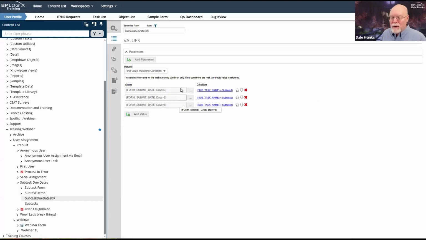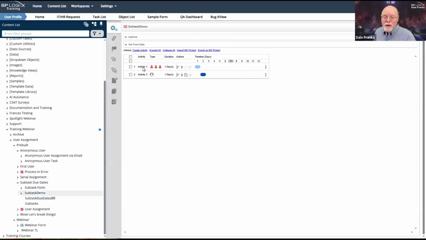So different due dates. My first due date just takes whatever date the form was submitted and adds 3 days to it. That becomes my due date for subtask 1. Subtask 2's due date is then 5 days after the form submit date. And for subtask 3, it'll be 8 days after the form submit date. So depending on what task is running, or rather what subtask is running, I'm going to have a different due date generated by my